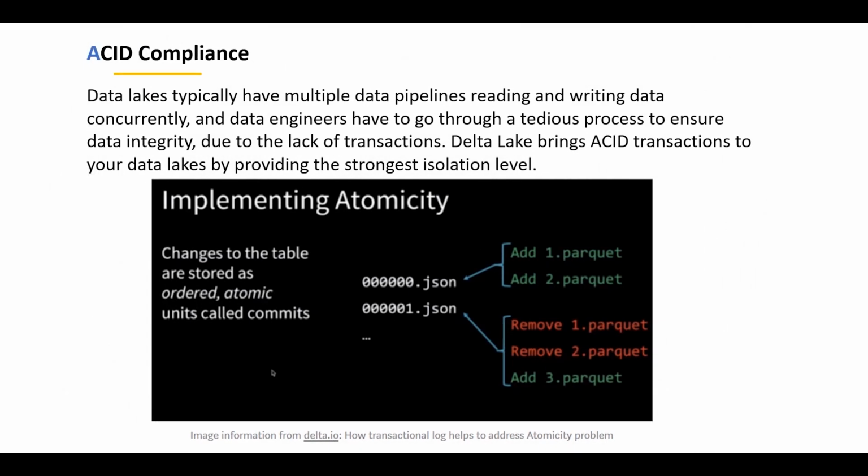There will be multiple reads and writes happening in your data lake concurrently. When there are multiple writes, you need to make sure of data integrity by isolating each environment so that the data will not be corrupted. So in the following example, when a write happens initially, you will have this 0th JSON file. When you are updating the previous data, it will create a new JSON file. All these JSON files will be maintained under the delta log directory, which we are calling the transaction log.